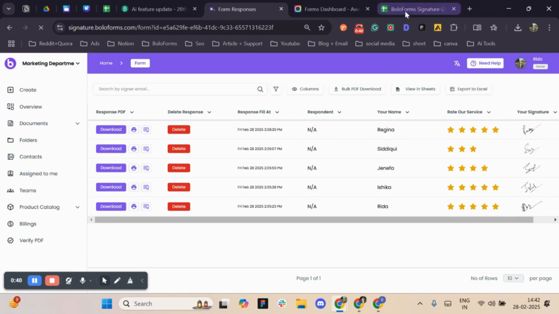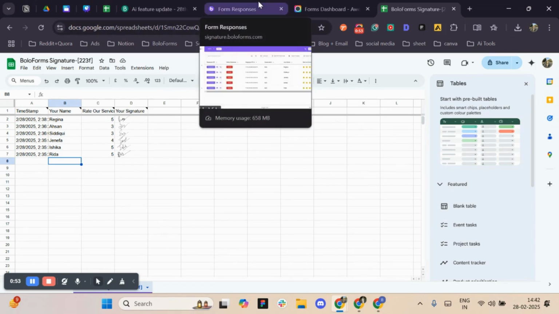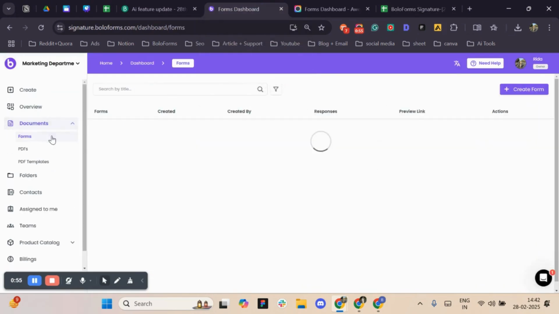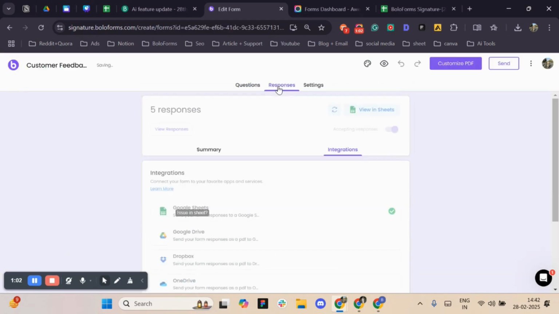Now if you go and check your sheet, there are around 6 responses, so that means the one response which I have deleted from the dashboard is not being deleted here. So what you have to do is go back to your form. I will just click on this edit form. You again have to go back to your form and click on responses. And again, you have to click on this